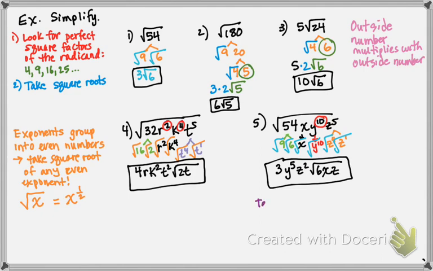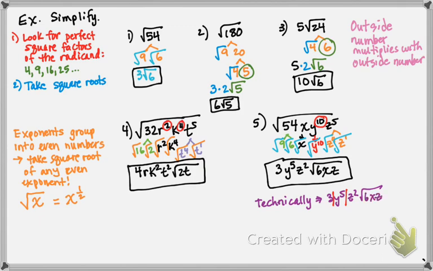So technically, maybe I should learn to spell. The answer should be 3y to the 5th, but the y to the 5th needs to be in absolute value signs. And the reason for that, and let me just write it down and then we'll go back to it. I'll tell you why. So we get z squared square root of 6x